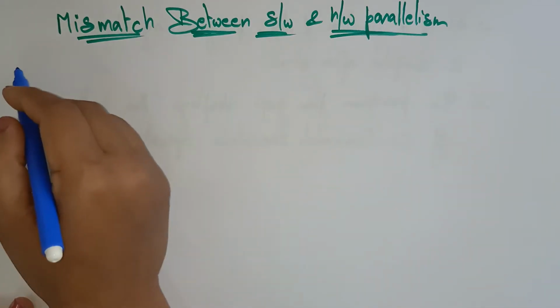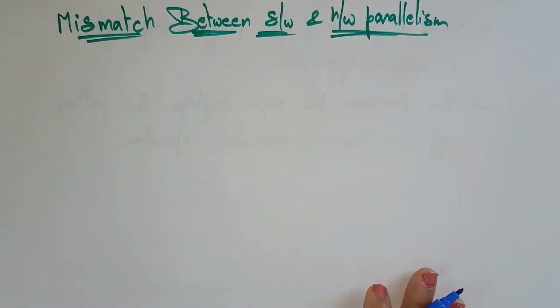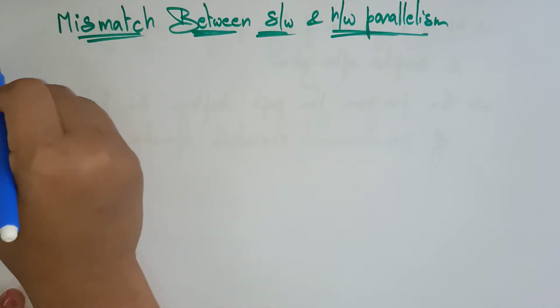So let's consider there are two techniques here. I'm just showing what happens if we apply one type of software instructions, and what happens if we apply another type of software instructions on the same hardware. So for the same hardware, if you apply different types of software instructions, what will happen? That we will observe in this session. Let me take an example. So the first case.